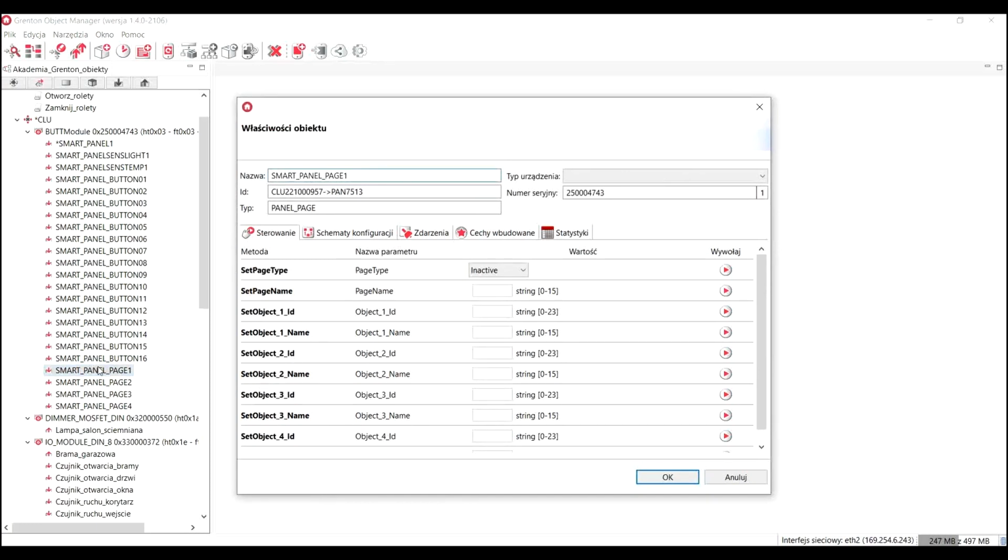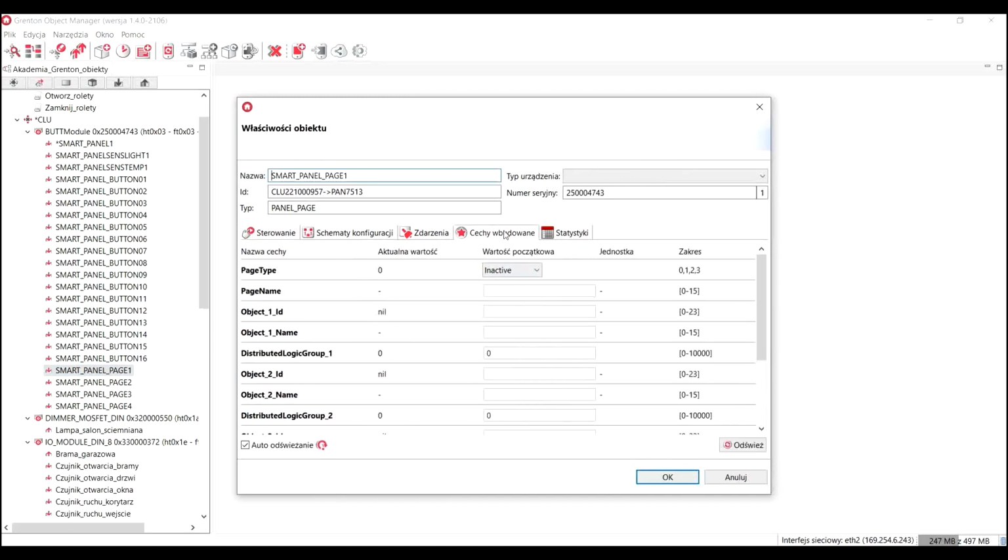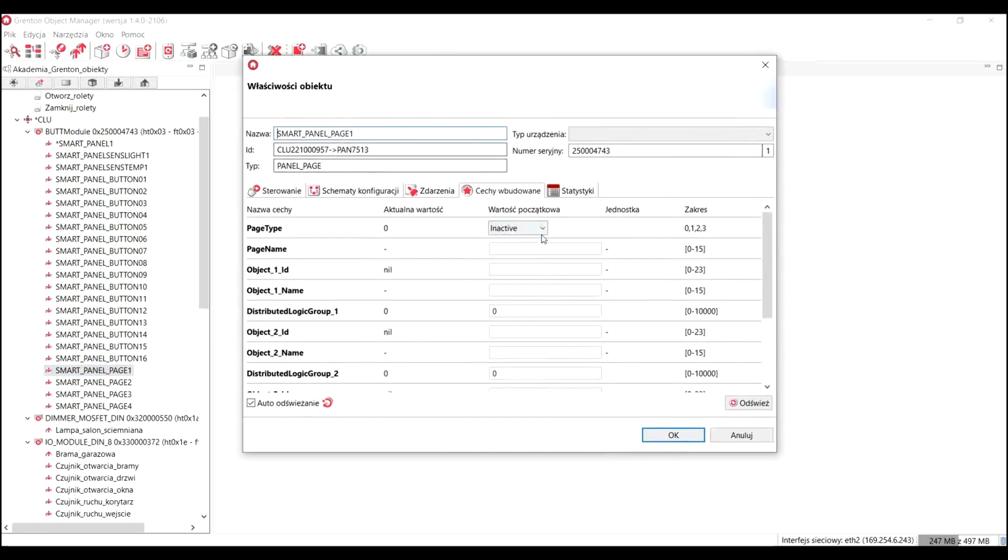For this purpose, we open the panel page object, we come to the embedded features, and now take a look. We have 4 page types here. The first is the inactive page. The second is the buttons mode, then the thermostat mode, and the free draw mode. Inactive is the moment when this page just won't work, but we'll start by configuring the page in